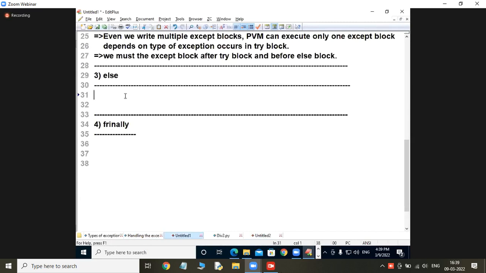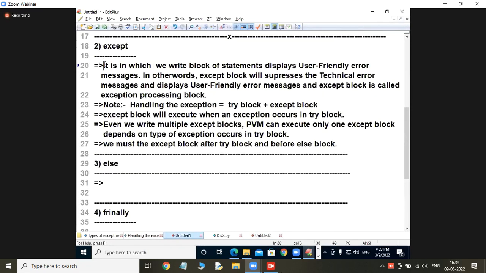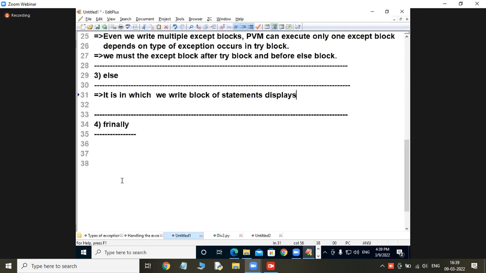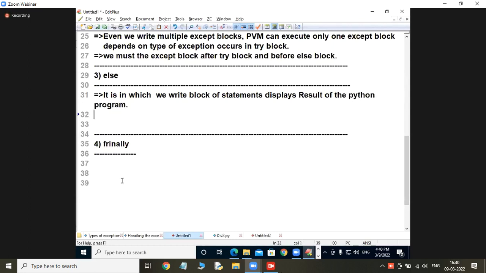Come on to the point of it. It is the block in which we write the block of statements. It displays the results of the Python program.